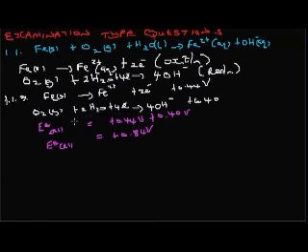Or we can use the other formula in which the electrode potential of our cell is equal to the electrode potential of our reduction reaction minus the electrode potential of our oxidation reaction. And remember, when we are using that formula, there is no need for you to reverse. You would take your electrode potential